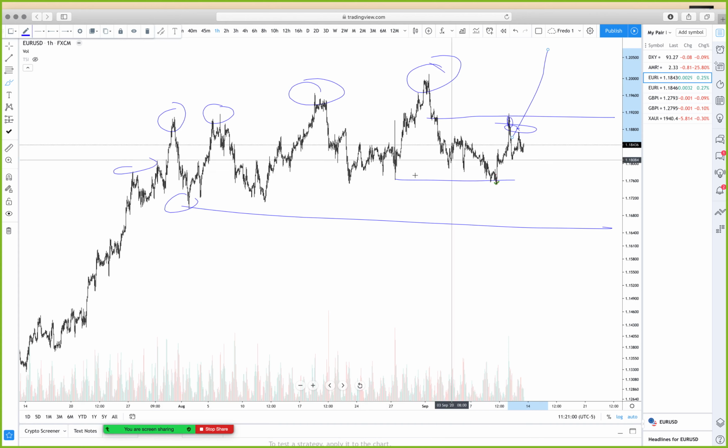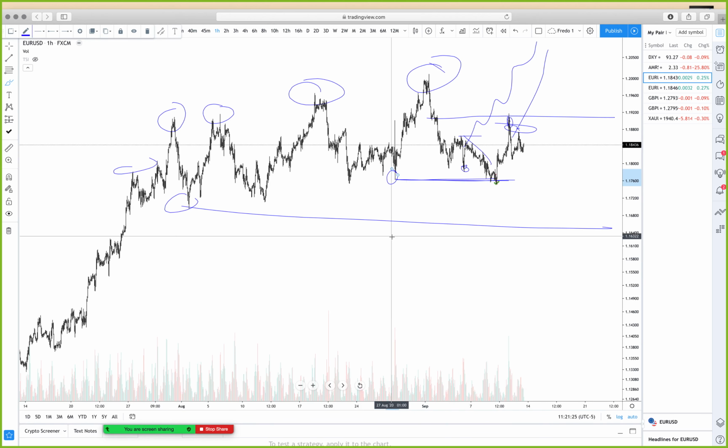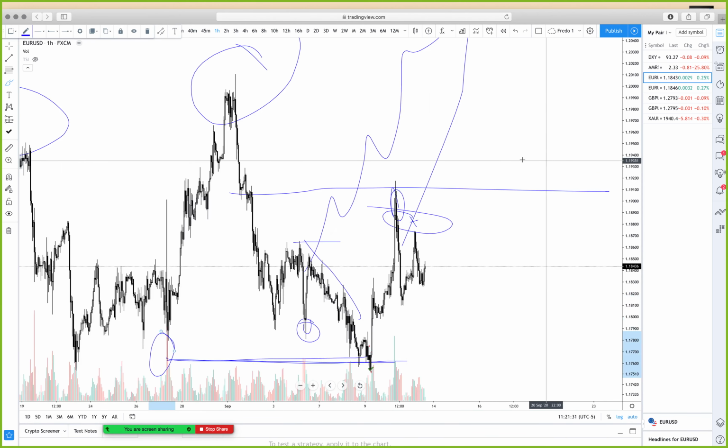But the fact that we've pretty much tested this level of structure here is what's giving me those signs, right? Could have been a possibility that this was that low and then we start going higher. And I'm like, okay, structure signifies that we want to go higher. But obviously that didn't happen. We made a solidified low, but we didn't break these highs, which then created that liquidity grab here, right? So I'm more so thinking about, obviously, the bigger picture here, but